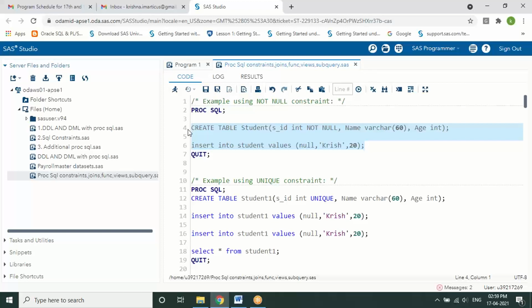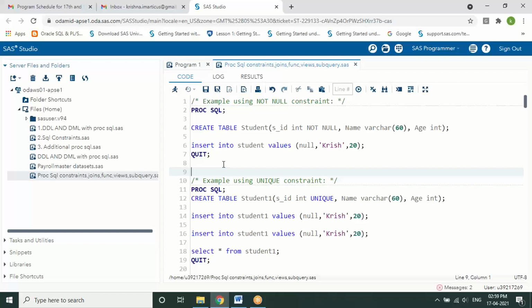So if everyone has opened it, you can go with the first one. The first constraint which we are now checking is the not null constraint. For those who have not attended any SQL classes of SAS, to execute all your SQL commands in SAS, we just need to add a procedure called proc SQL and quit. Rather than end, we use a quit statement. In between, whatever SQL queries you write are purely SQL statements, as accepted in any other databases. So here the syntax SAS generally accepts is like Oracle syntax, right?